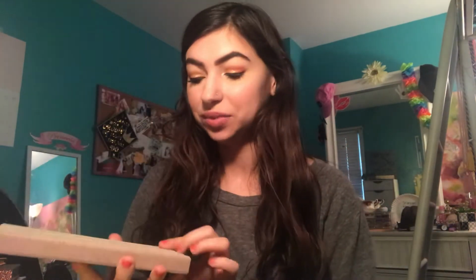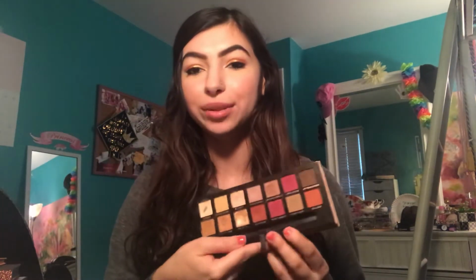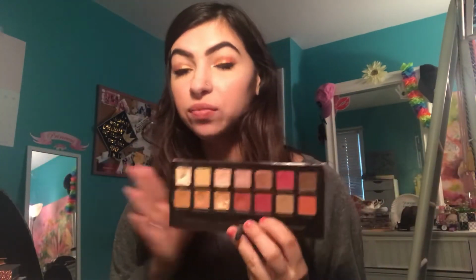So those are the runner-ups, but the one I chose was the Anastasia Modern Renaissance palette. It's just always been there for me. It's such a tried and true palette, and I would say this could be an everyday palette for me as well, but I just had to give it best memory because I graduated college,